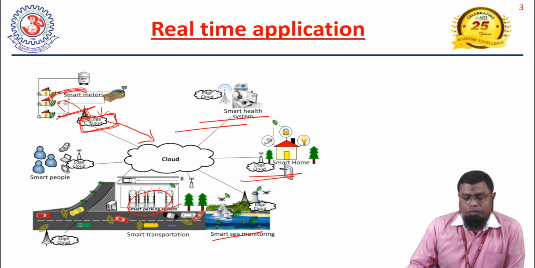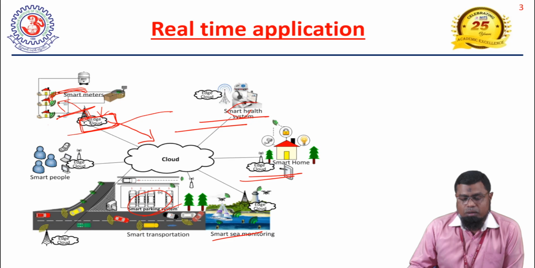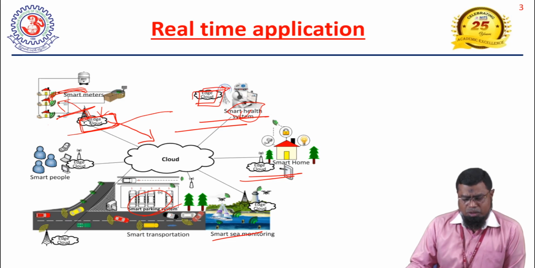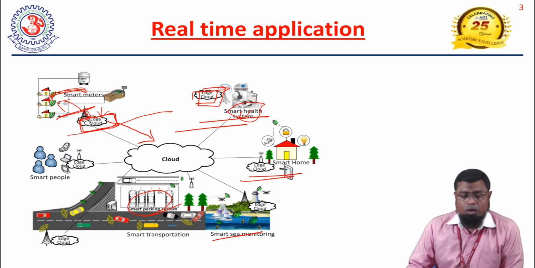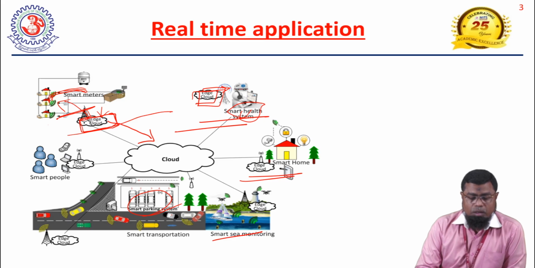Like this, if we take this smart healthcare system, here it may be any smart healthcare system. Okay, so here there is an edge node, edge server. This server is connected to this system. So all the computation of the tasks related to this system is taken care of by this edge server. Only very little data, after all the processing is over, we are going to upload to the cloud. So we are not going to upload the whole sum of data to the cloud. That is one advantage here.